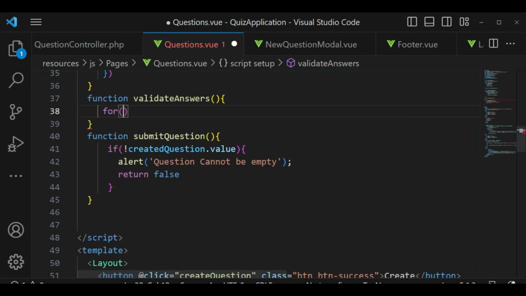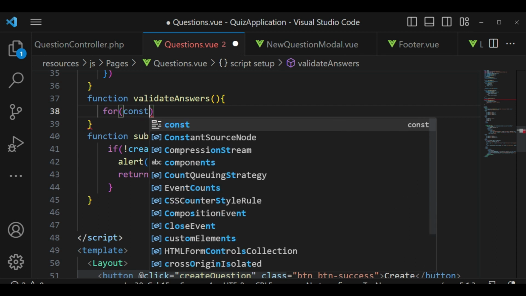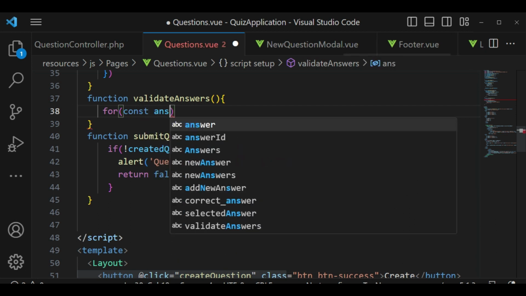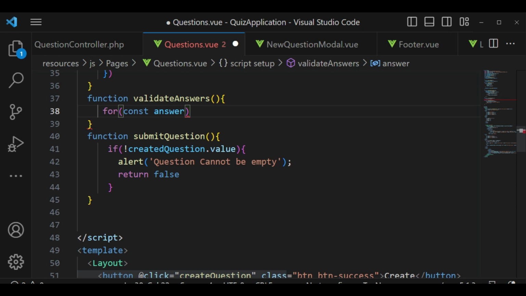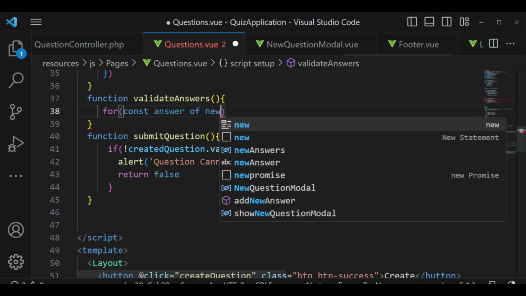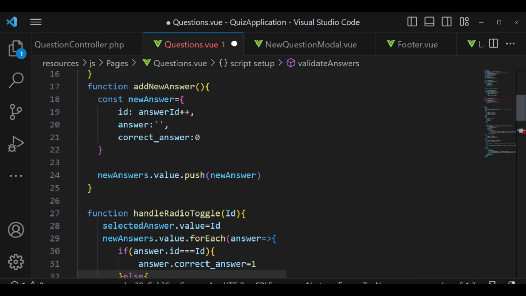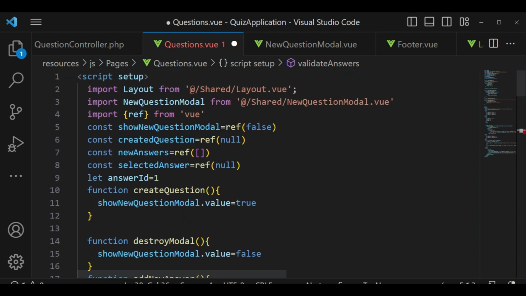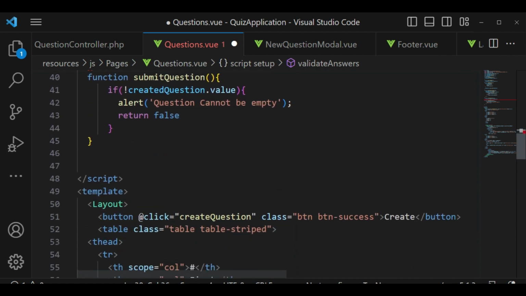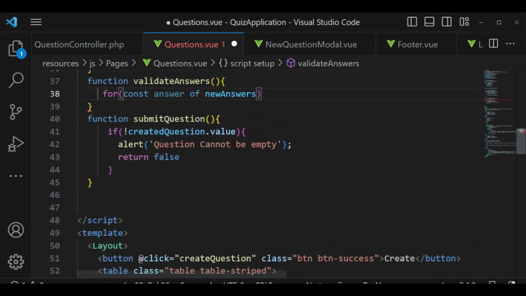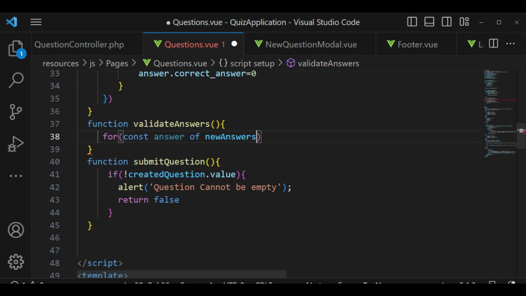So for const answer of newAnswers, and remember the newAnswers is what we have here. So the values that we have here, that is what we are checking, and we are checking the value,